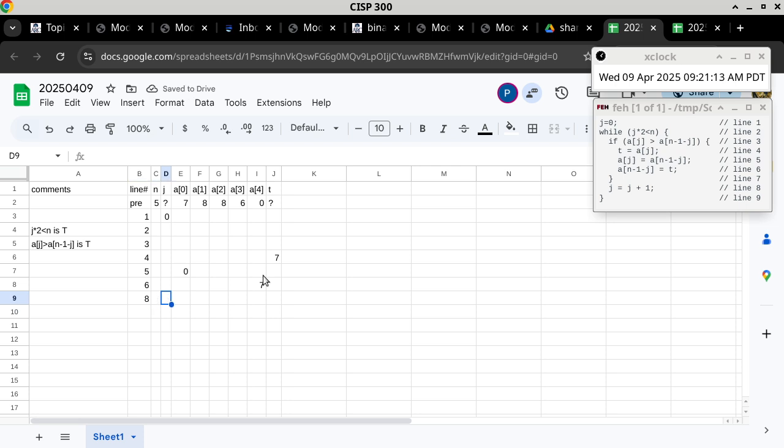We just add 1 to j. j goes from 0 to 1. We go back to line 2 in this case. j times 2 is less than n is still true. And then we go to line 3 again. So we compare a bracket j against a bracket n minus 1 minus j. But this time j is 1 already. So that means we're comparing a bracket 1 against a bracket